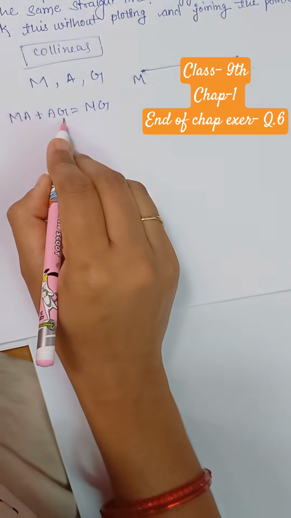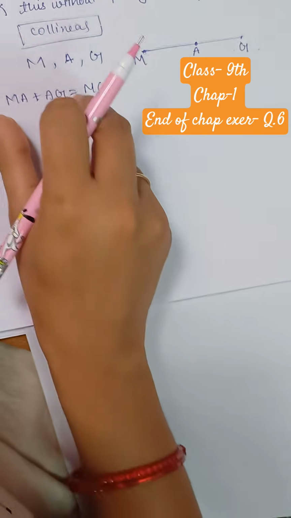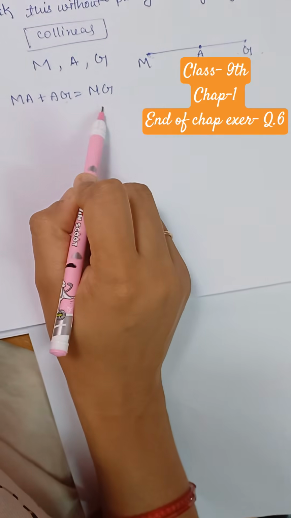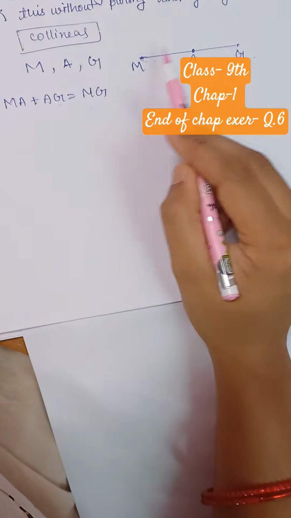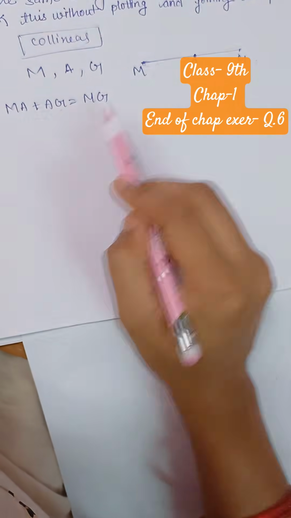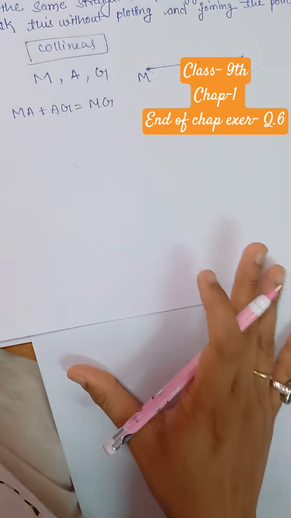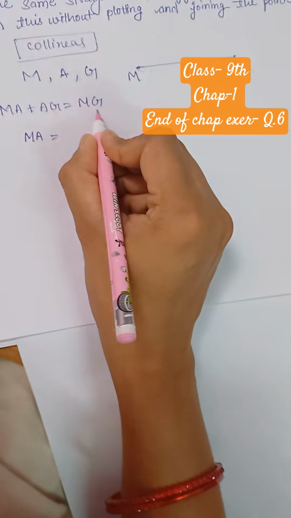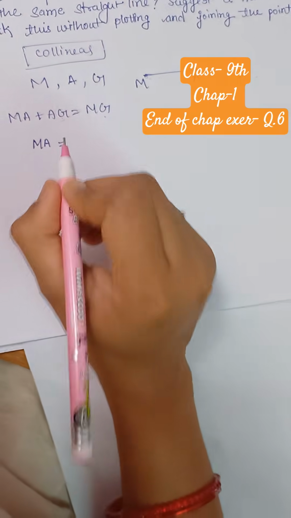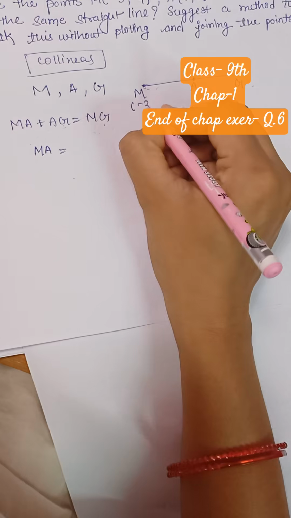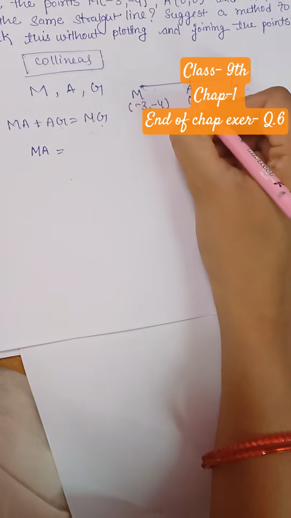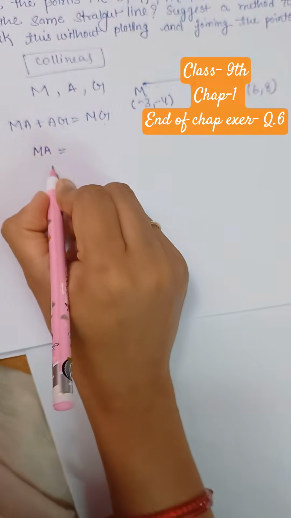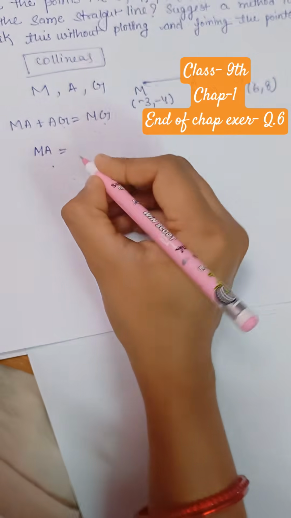If this equality is true while finding the values and putting the values, and when we do the calculation, if the equality is true, the 3 points are on a straight line, they are collinear, and if the equality is wrong, the 3 points are not collinear. So for this, first we'll have to find MA, AG and MG, and for this we'll use the distance formula. The coordinates of M are -3, -4, A are 0 and 0, and G is 6 and 8. So first we'll find the length of MA. So the formula of